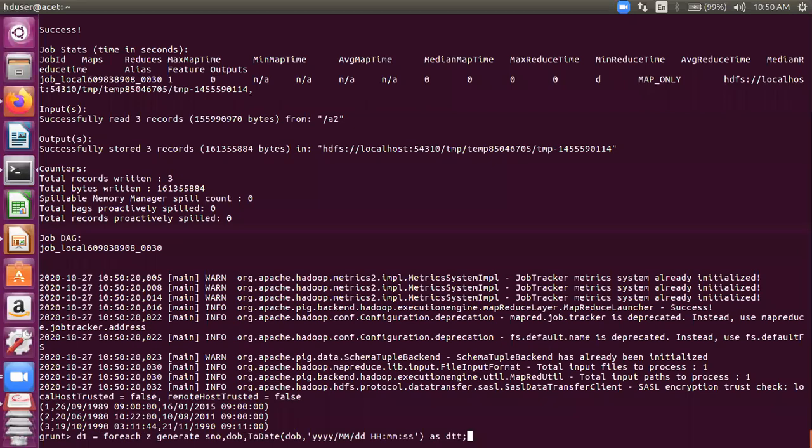Let's locate our toDate function. Okay, so our relation is D, and let's load it as P. P is equal to foreach D generate serial number. Then we have D1. Let's generate all D1, D2, and then toDate D1. What should be the format here? You can see we have the day first, so it should be dd, capital MM like this. See the change that I've done. No problems. dd MM yy, right? Let's give it some name, as DT1.